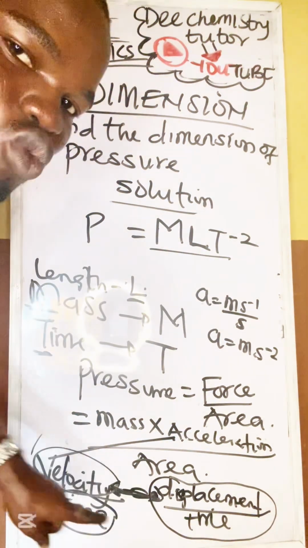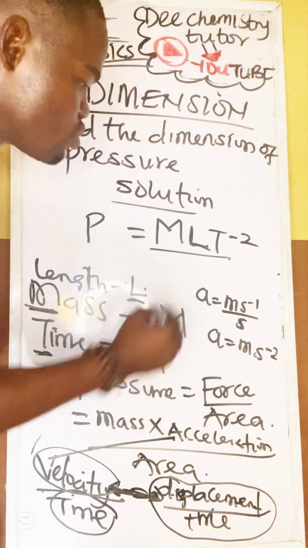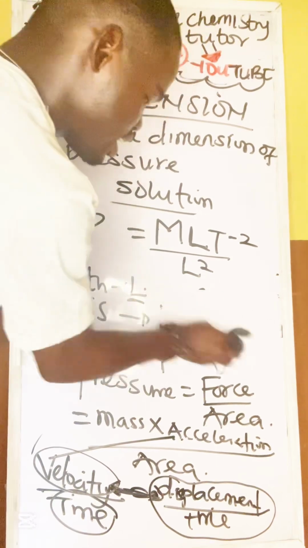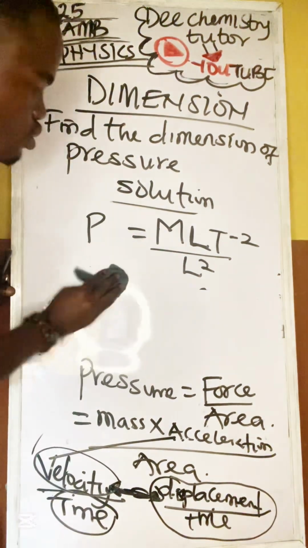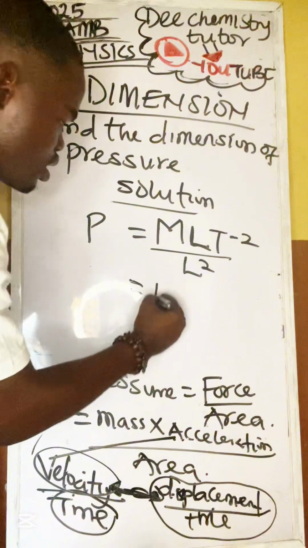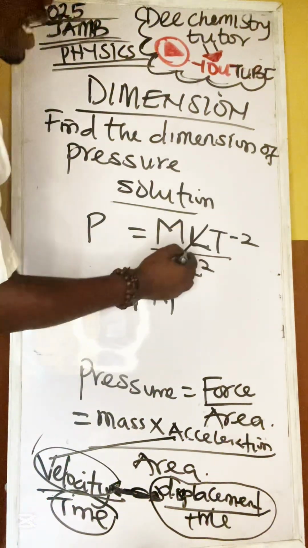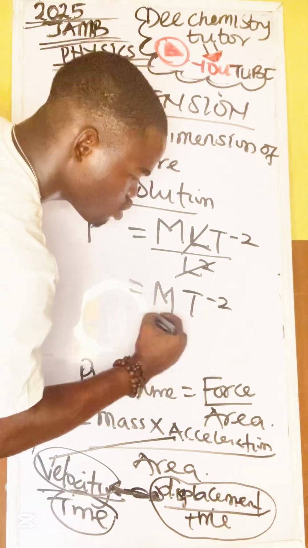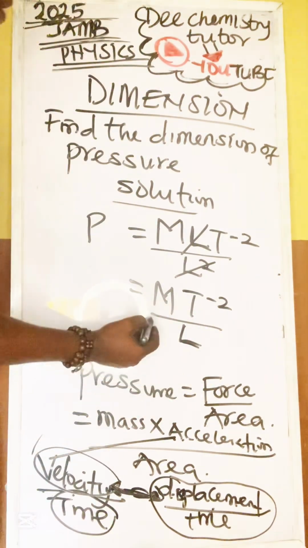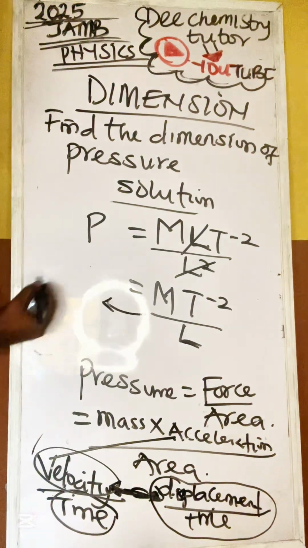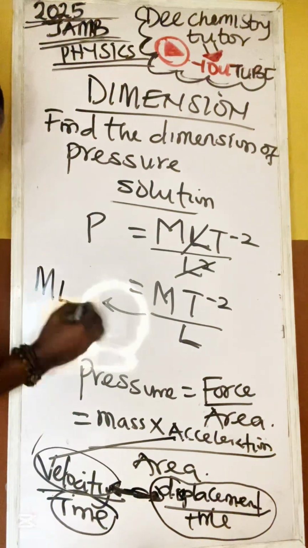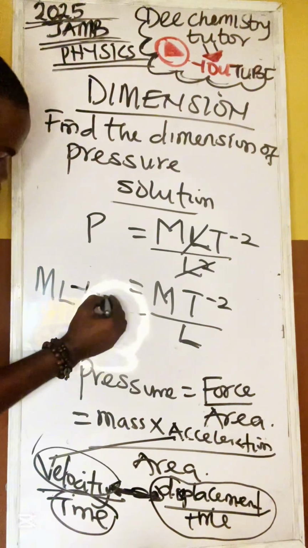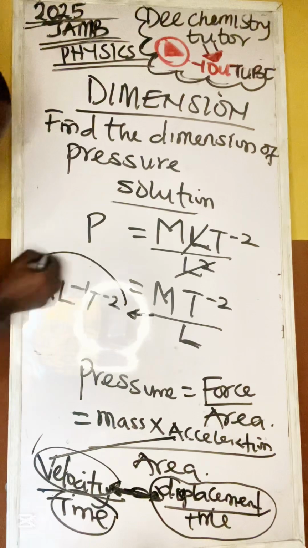Now, don't forget, all over area. Area is meter squared. And don't forget, it's a form of length. So it becomes L squared. So from here, I can do my manipulation and get my answer. What will I do? This is very easy. So this becomes big M. One L can go away with this. Then I still have T^-2 all over L. Don't forget, this thing is mathematics. I can just make it make sense. It becomes M L^-1 T^-2, because it's over, it becomes -1. So this is the dimension of pressure.